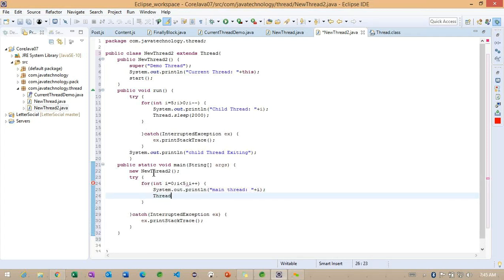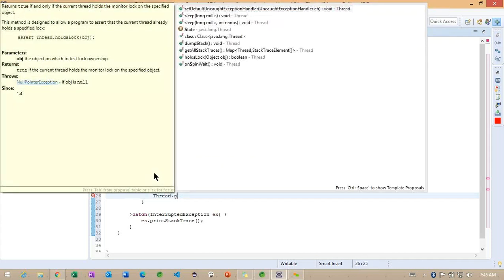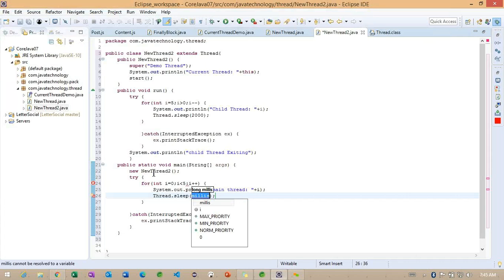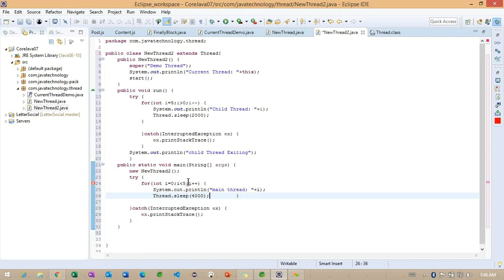Later, Thread.sleep. To understand how exactly it's executing, I'm making this particular thread sleep here. Okay, let me save the same example here.